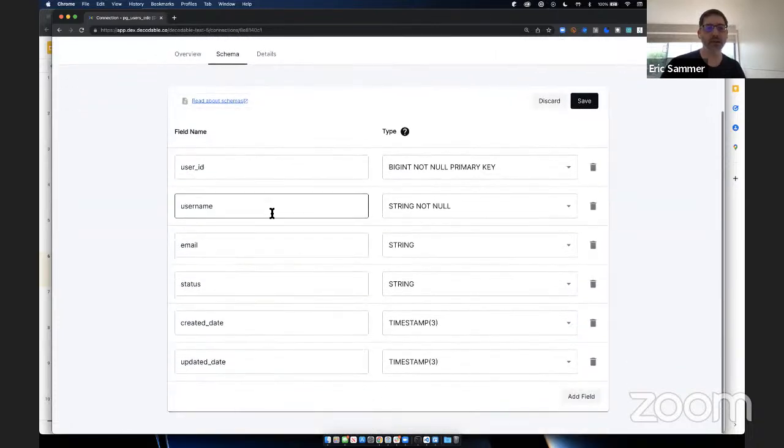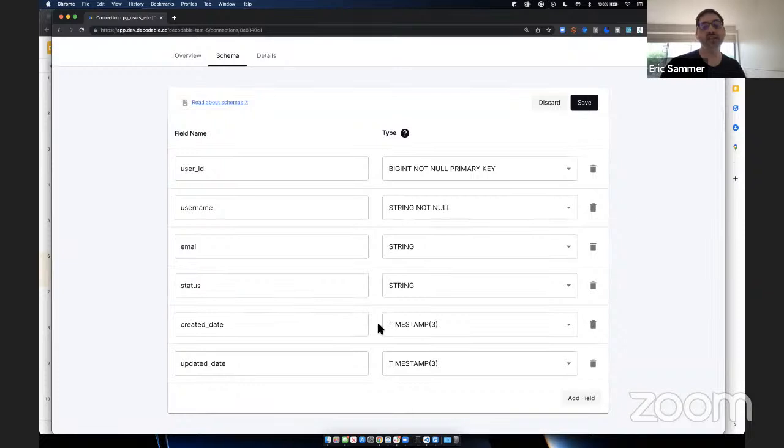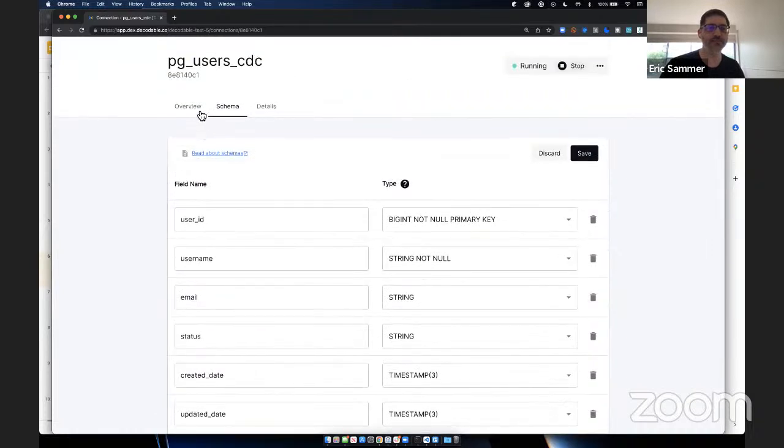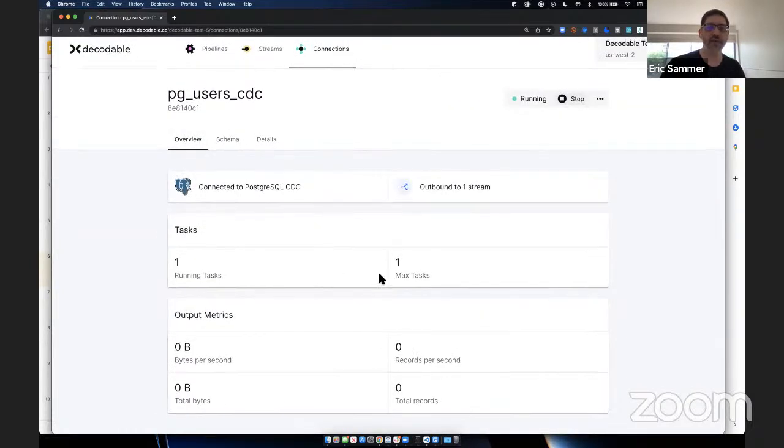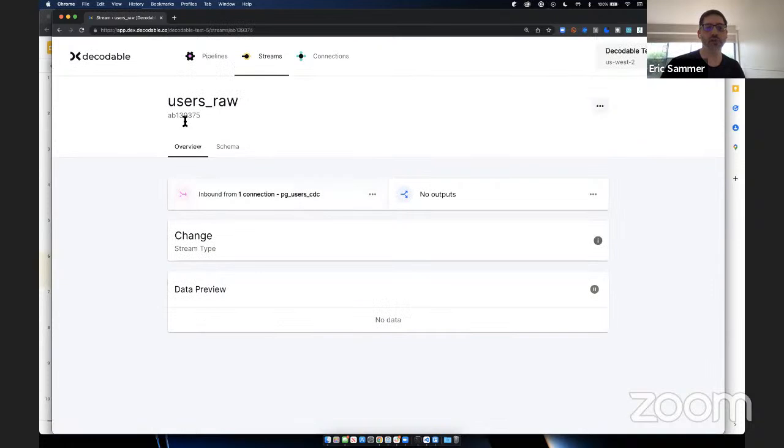You can see that the schema here in Decodable matches or approximately matches my schema inside of Postgres, so we have all the same fields. In Decodable, I could use varchar, but I use string because I'm lazy here. This is equivalent to the Postgres text type. So Decodable does some type mapping, but for the most part, this looks and works the way you think it does. On the overview of this connection, we're connected to this Postgres instance, and the output of this is going to what